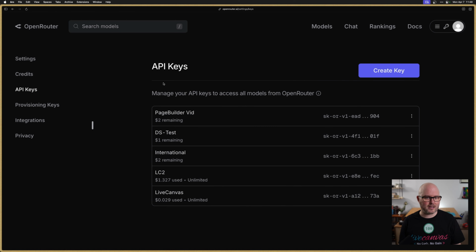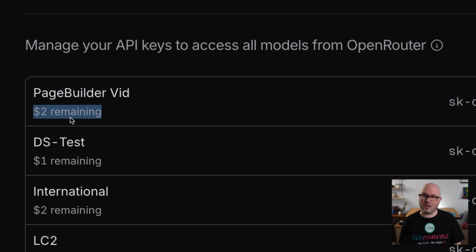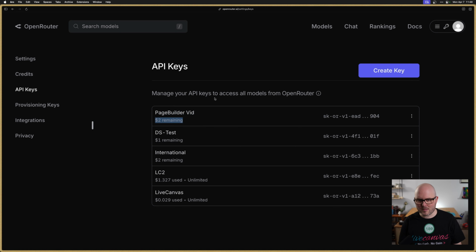So now let's go a little bit deeper. We'll build a couple landing pages, one with prompts and one with screenshots. Here I am in the back end of Open Router. I just created an API key. I've set myself a budget of $2 to do all of this, and we'll come back and look at the